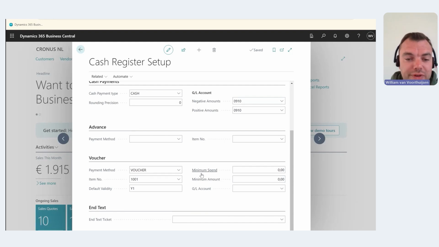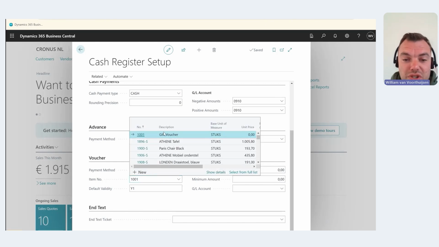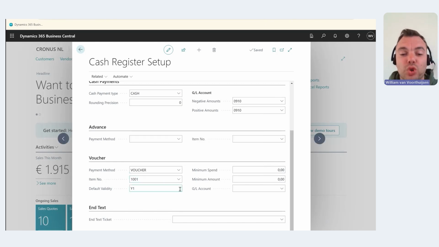And you can work with those vouchers. Like I said, those vouchers will then be added as a separate payment method. And then you can work with different gift cards, for example. Here I've created a specific item, which is a gift voucher, but you can work with multiple ones with a